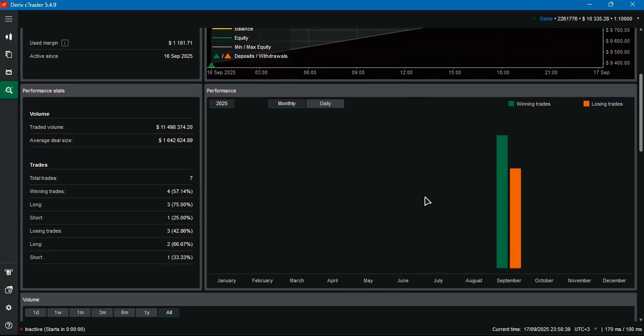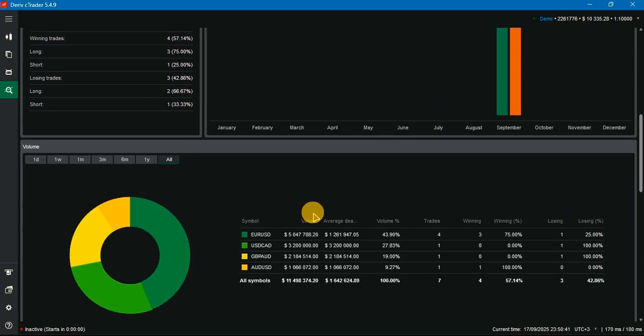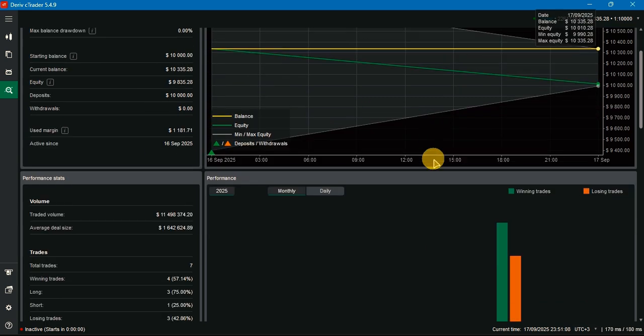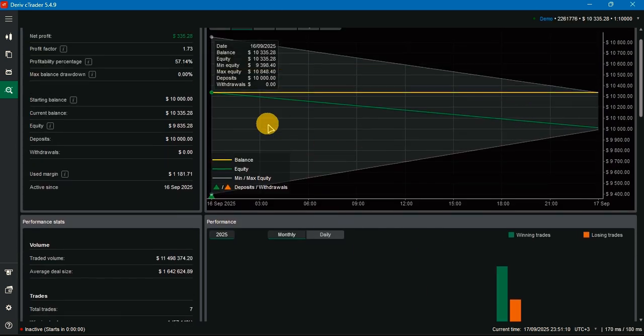Now I can see the number of trades, or the trades that I was making on which currencies I was making. So you can see here, and which I won. So I won this one, and then you can see it made 75% of all the profit that I made. And then we have somewhere where you can see the net profit here. So when you come to analyze, you can see what you have been doing,